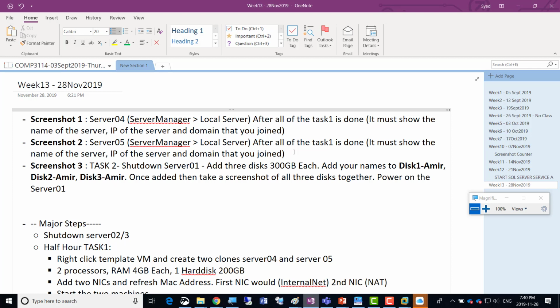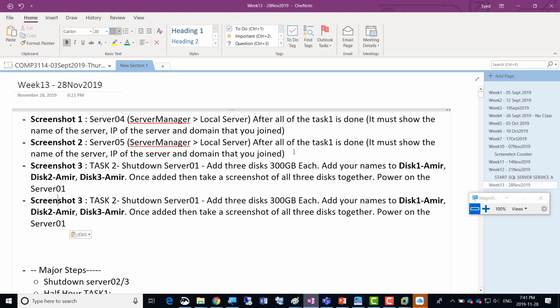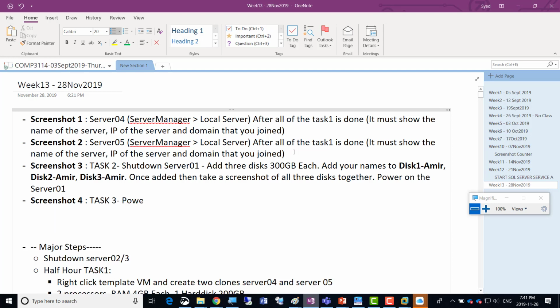So take a screenshot here. Okay, let's add the fourth screenshot now. One screenshot for all three disks added. And screenshot number 4, which is task 3, is to power on server 01, log in from SQL admin obviously, and in server manager